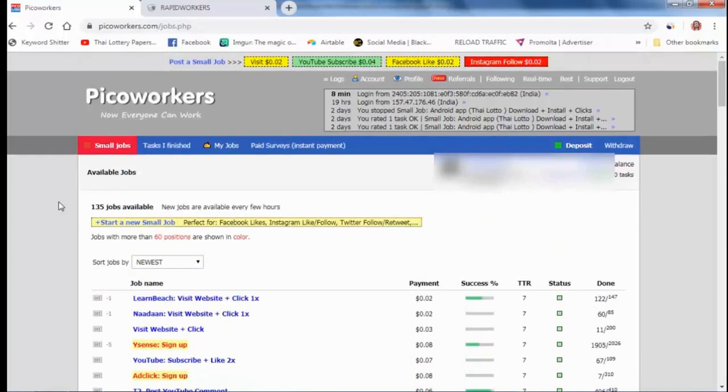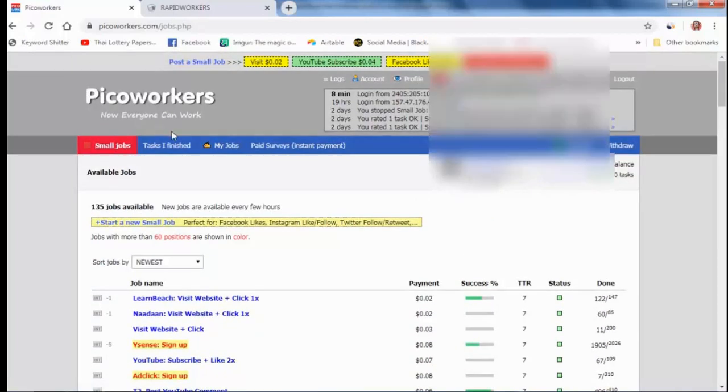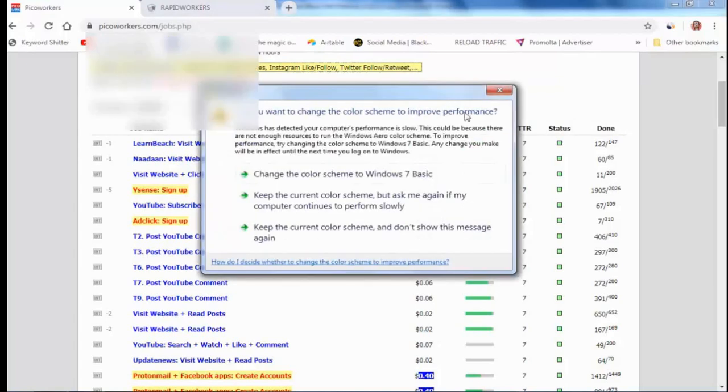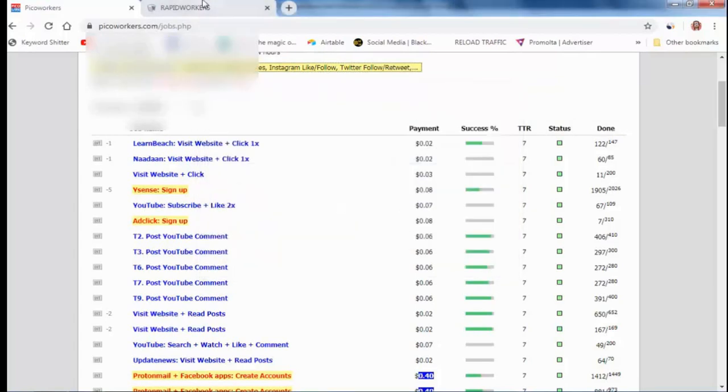I have used this website for getting clicks on my Google AdSense account for the last 6 months, and I have earned more than $1,000. I will show you my last 6 months earning from Pico Worker and Rapid Worker also.